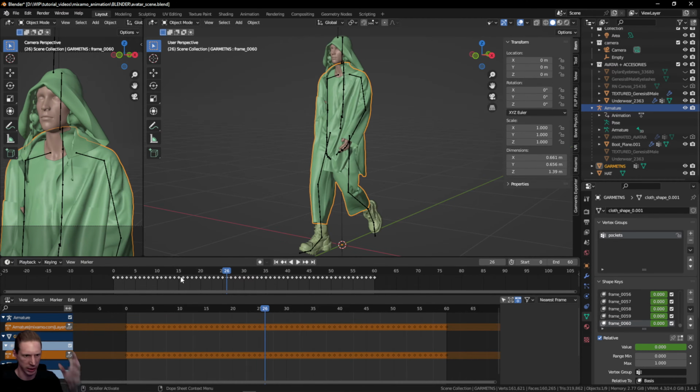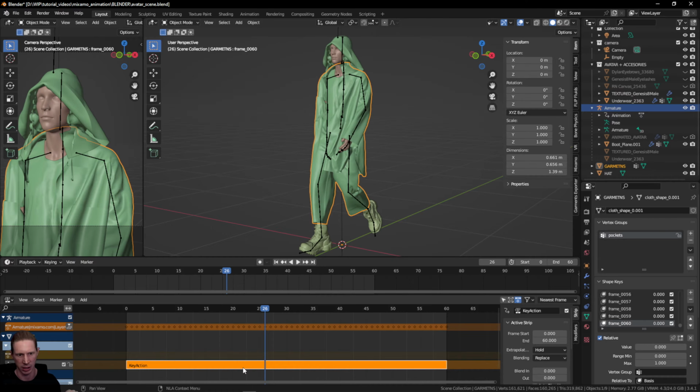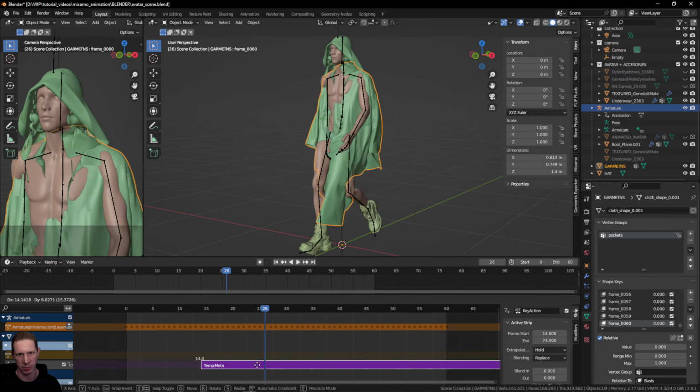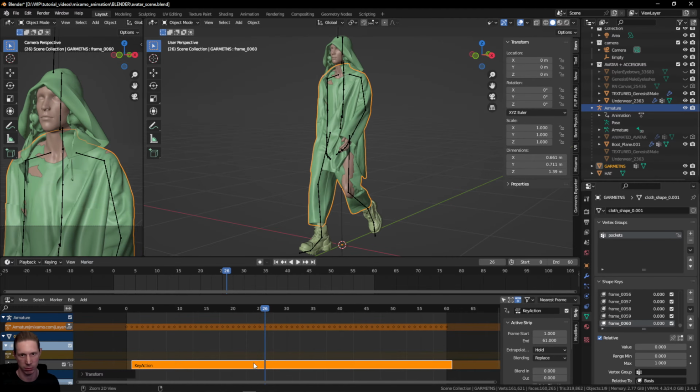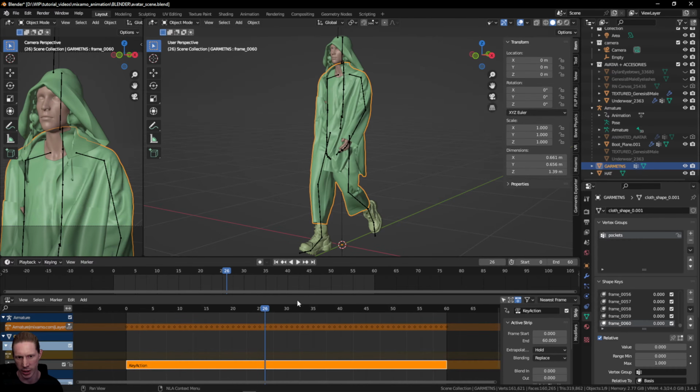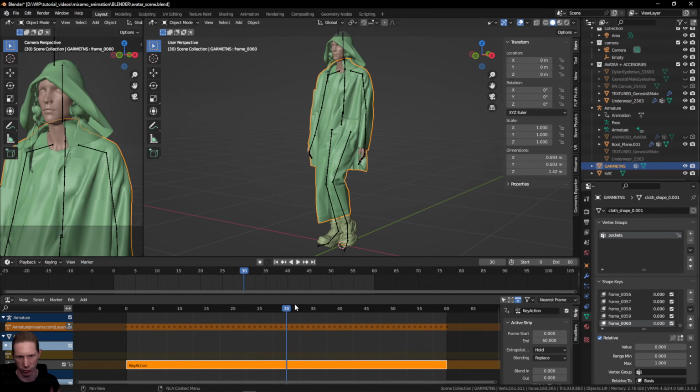So to fix that little clip from start to finish, push this action down. So under garments, you have this option here that says push down action, and it will turn this now into a strip. If you move this strip, your animation is going to work in a different timing. But this is how we can now fix this clipping. So choose this frame, go to 30, like right in the middle of our animation cycle,